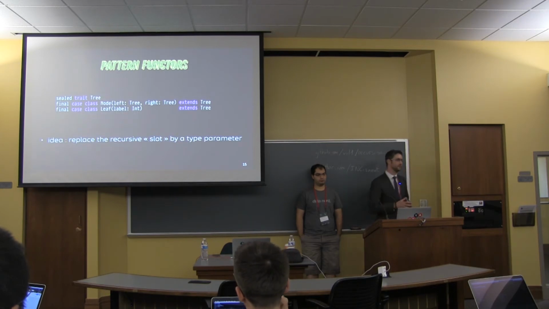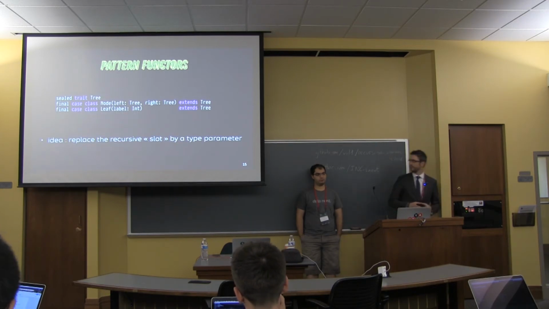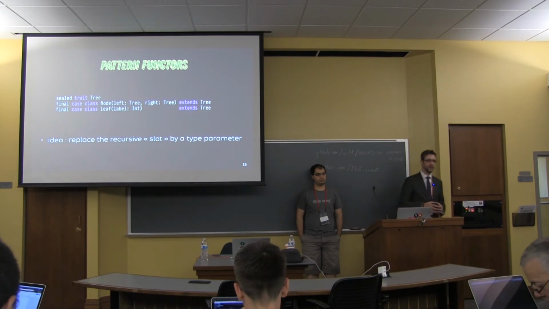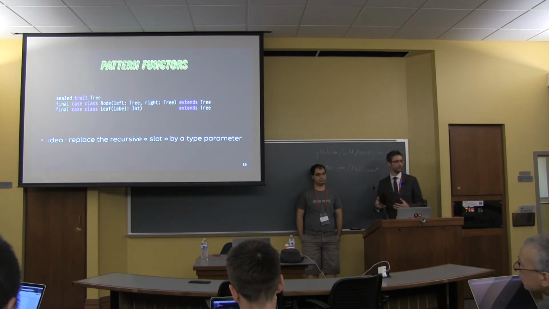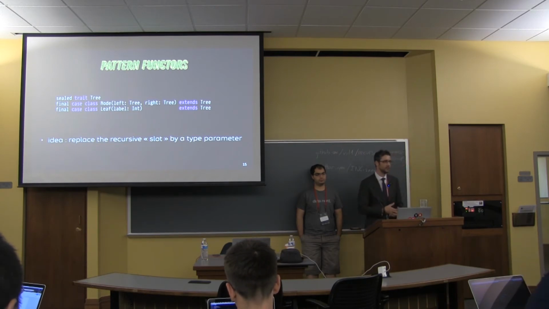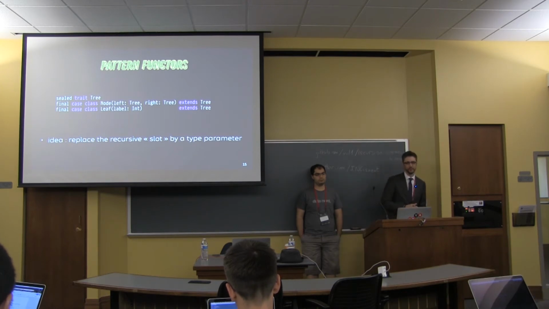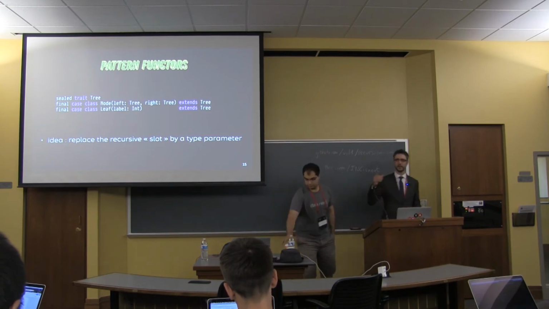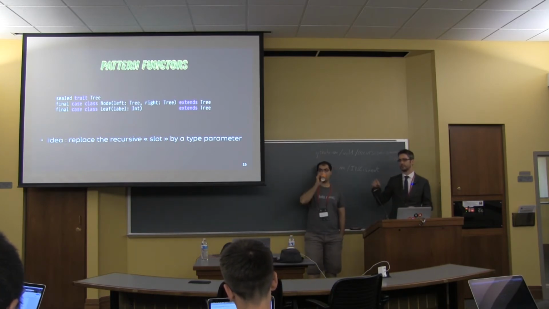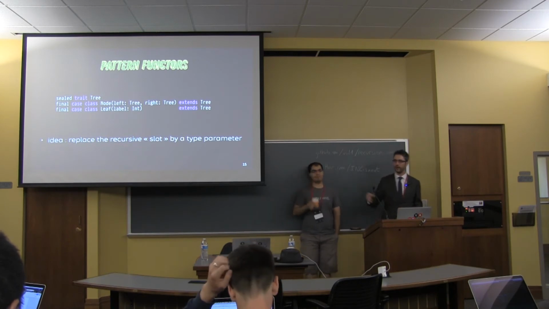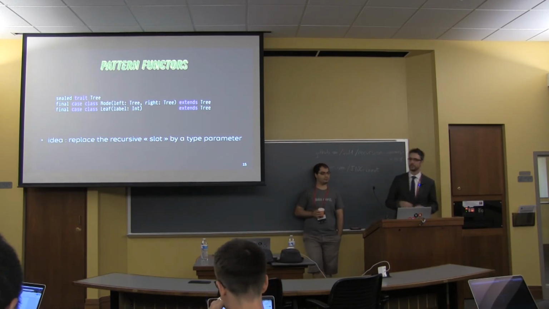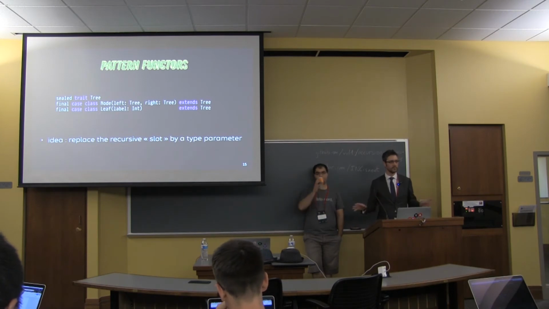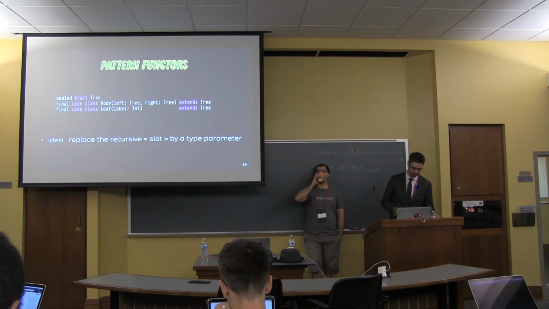So first, the pattern functor. So this is a tree. This is really typically how you would write such a structure in Scala. So you have a sealed trait Tree, and then you have two cases. And at least one of these cases contains a recursive reference to the tree type, right? So here our nodes contain two trees, all right? Nothing fancy, everything is easy.